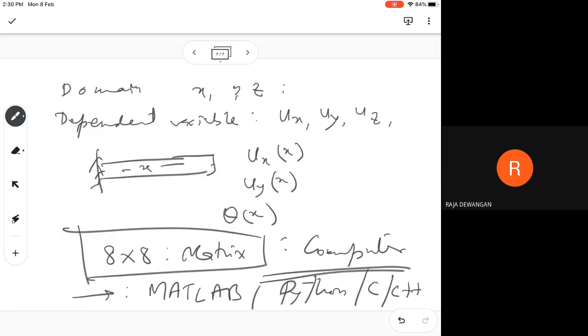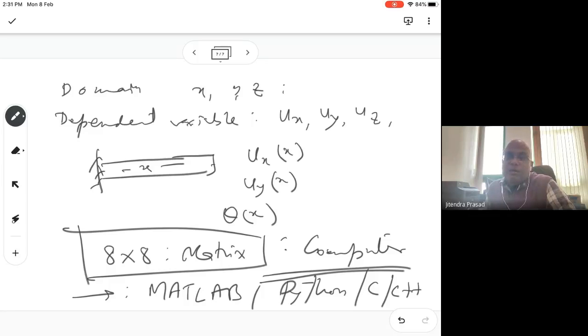Yes, sir. But if we have a 4x4 matrix or greater than a 2x2 matrix, then there will be a problem in inverting that matrix. So can we solve it by equation form? Because that will give the same answer. Yeah, but I expect that you will be able to invert a 3x3 matrix. Yes, sir. So the problem I may give will have a maximum 3x3 matrix inversion, after you take care of all the necessary boundary conditions.